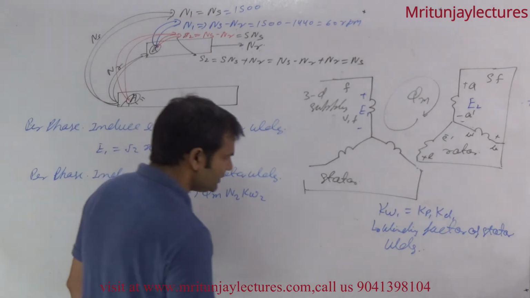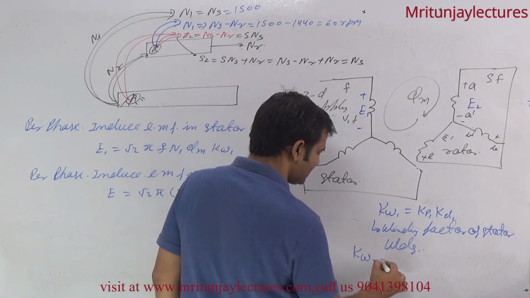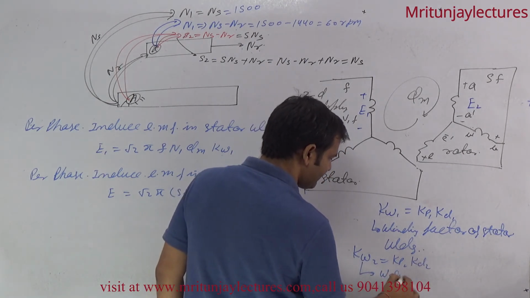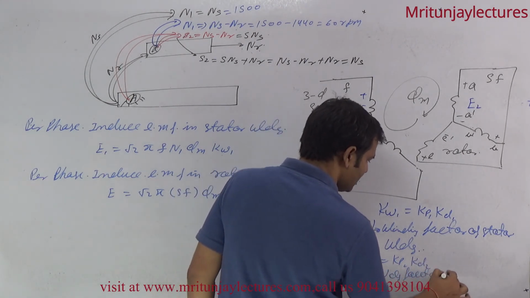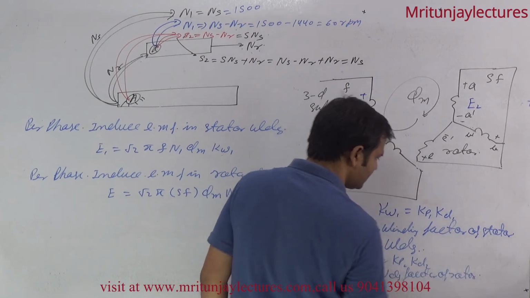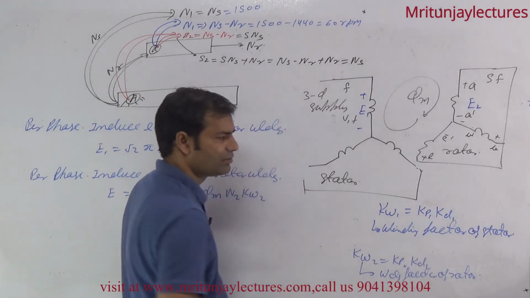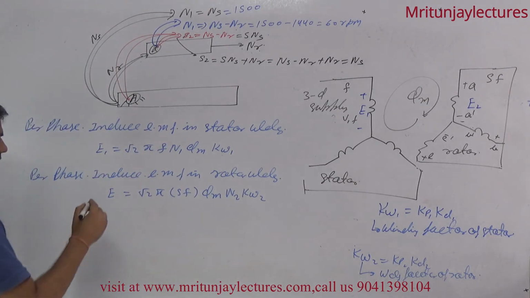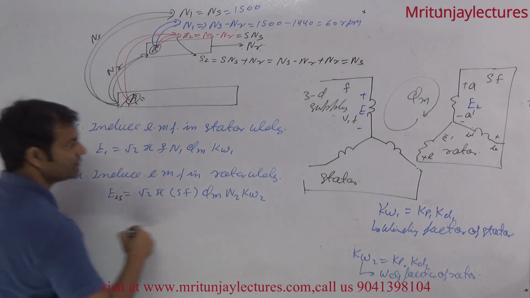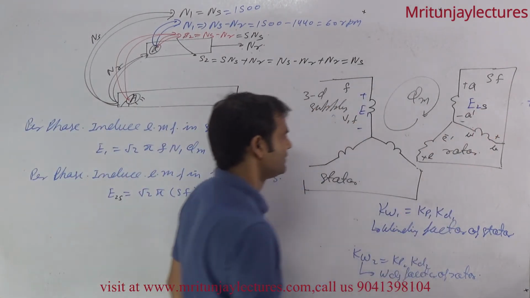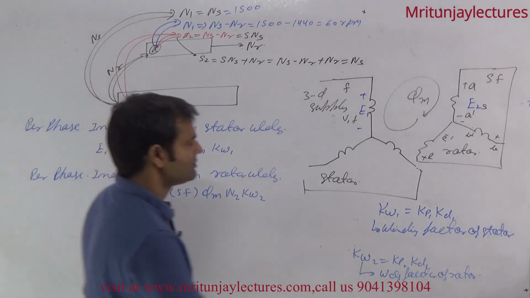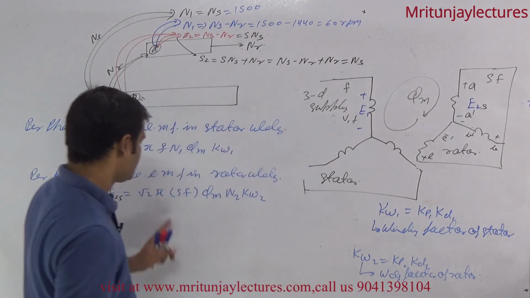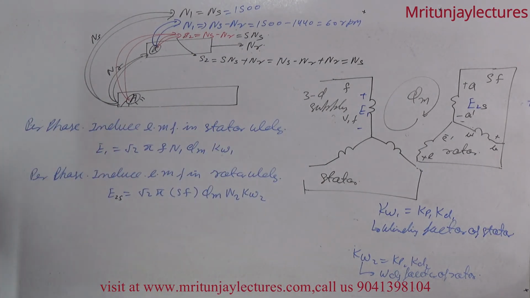This kW2 is also written as kp2 into kd2, the winding factor of the rotor. Clear? Now this is E2s, and this one is E1. Okay, now at a standstill,